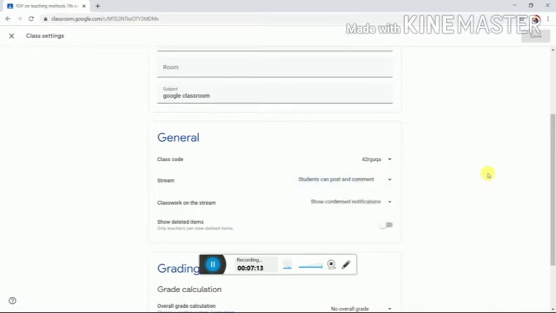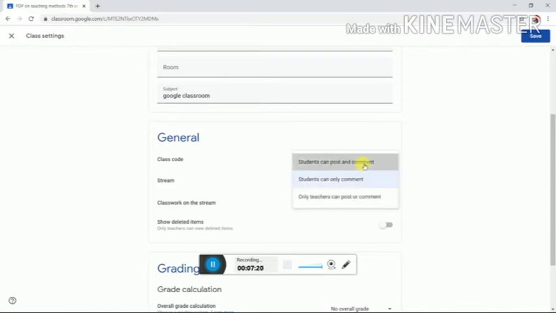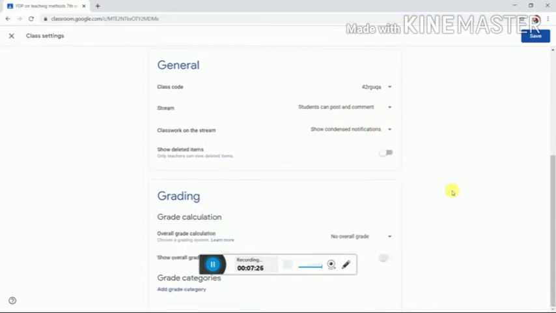So let us go for student can only comment, teacher can post, those can be kept, or otherwise you can keep the default, student can post and comment. Then grading also you can give, whether it is total points or overall grade.